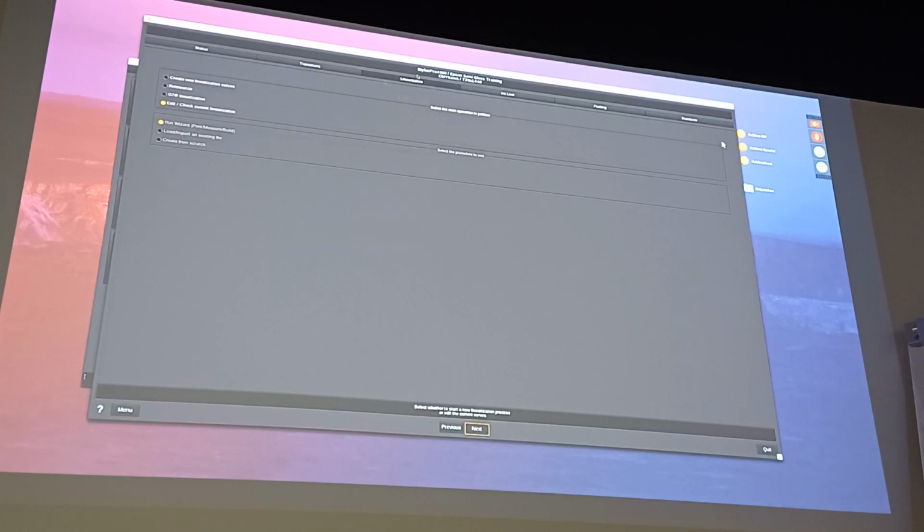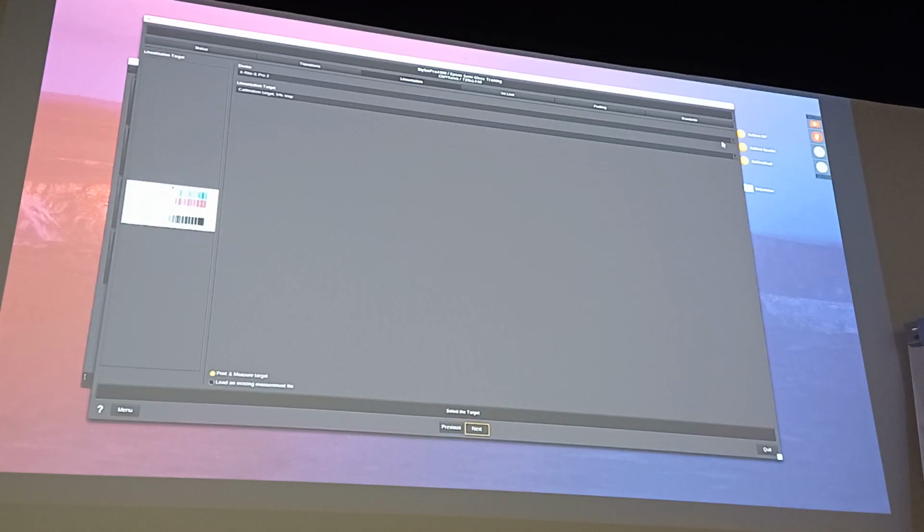Okay, so here, as you can see, we just moved to the next step, which is linearization. At this step, I will create new linearization curve. Okay, and in my situation, because my profile is in editing mode, I can actually see what I did in the past. But in your case, if you are running a brand new calibration, you will choose create new linearization curve and run the wizard once again, print, measure, and build, just like before with transitions. Then you can click next. Once again, you will choose the correct